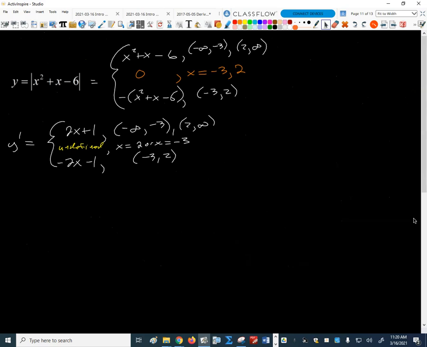Okay, so there's our function, our first derivative. Let's go ahead and take our second derivative too. I'll just put it over here so we can save a little space. As a piecewise function,